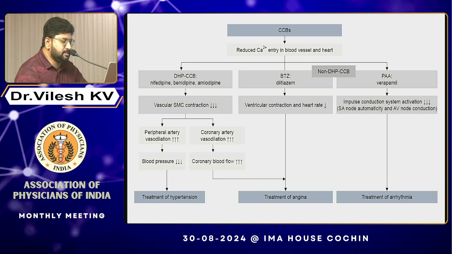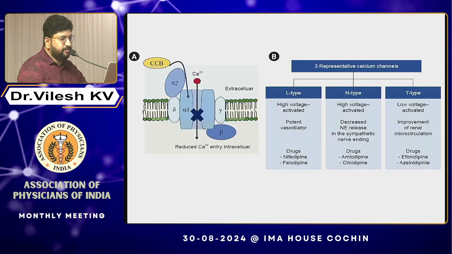Impulse conduction system rate is decreased. So obviously with that they can be used for the reentrant arrhythmias and the treatment of arrhythmias. So with this background, we should also know that there are three or more than three actually